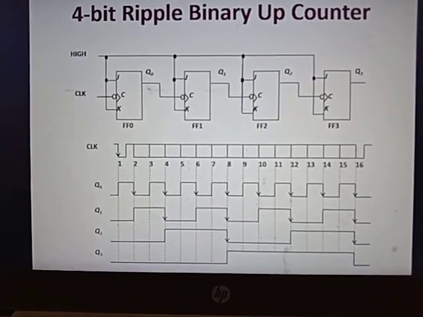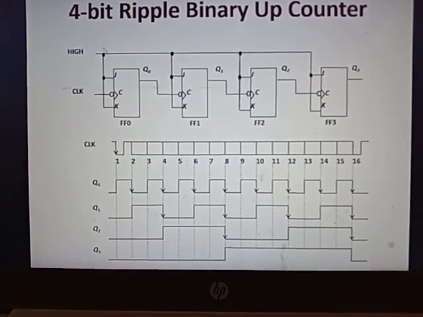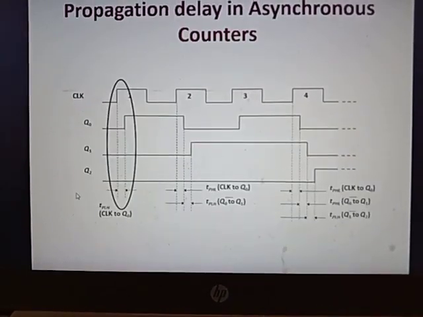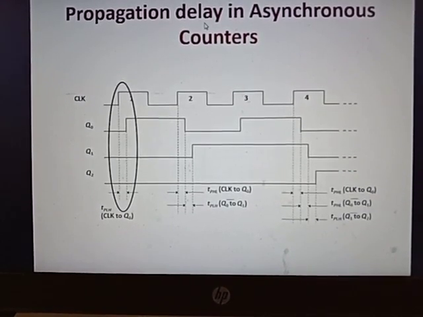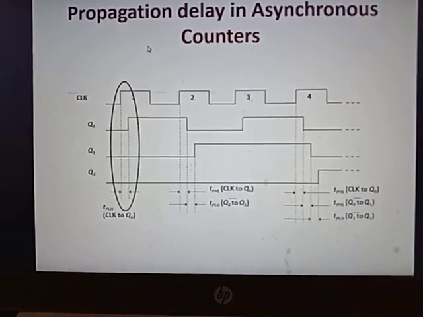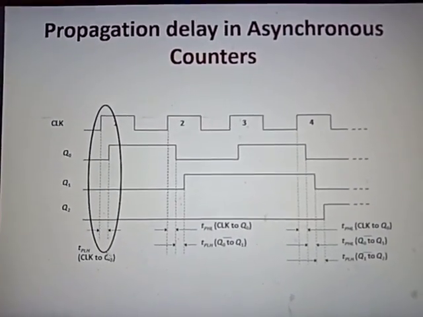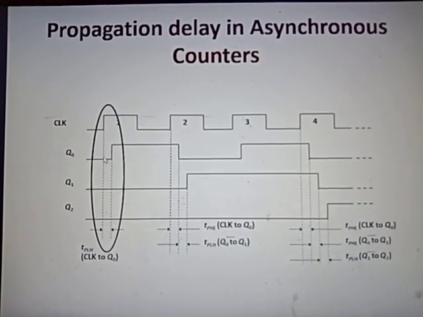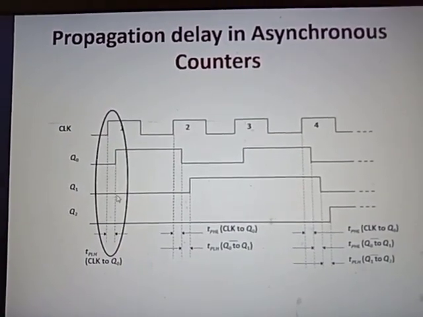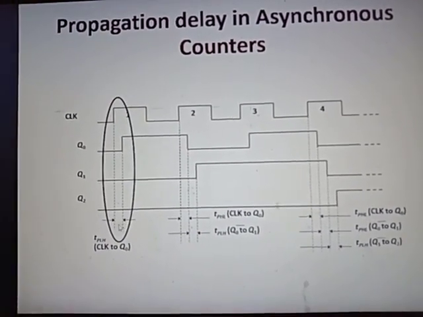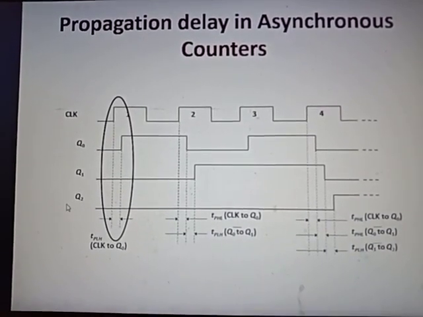This is the diagram of a 4-bit ripple binary up counter. This is an extension of the previous counter that you can learn by yourself. And I was telling you what is meant by propagation delay. That is the time taken for your inputs to travel through your gate circuits, and that is called propagation delay. That is what is explained in this circuit. As you can see here, the clock pulse is here, and then Q0, Q1, Q2. So this is the time delay happening here. That is why we call this propagation delay.